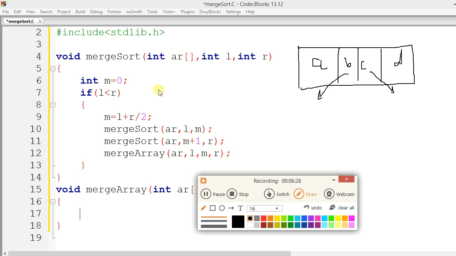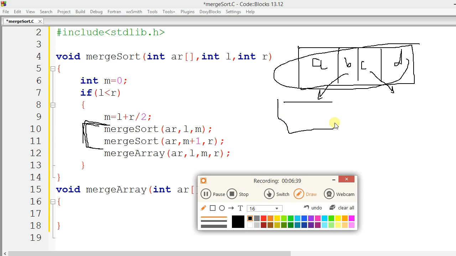This set of instructions would divide this entire array into two parts: A, B here, and